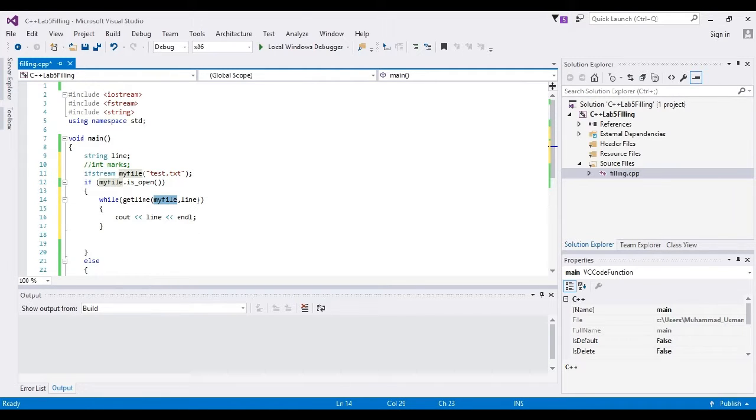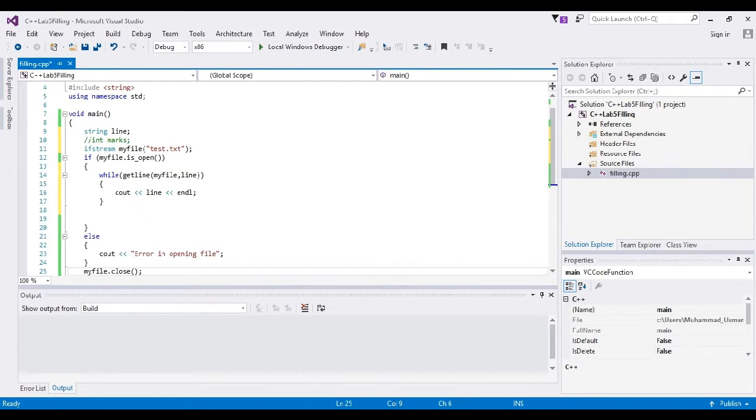It will take input from the file line by line. Then I will print that line on the screen by using cout. So this is how we can take the input from the file and then print it on the screen as well. So now if I run my program again,